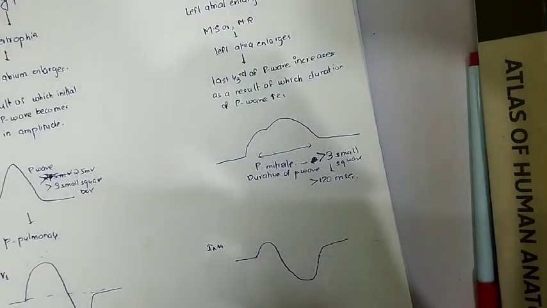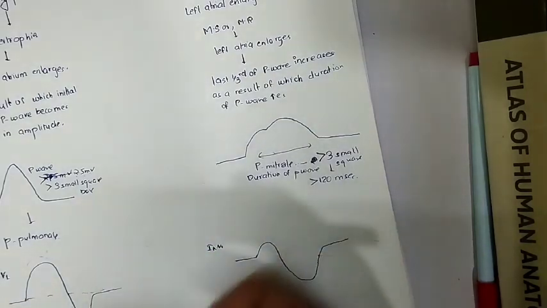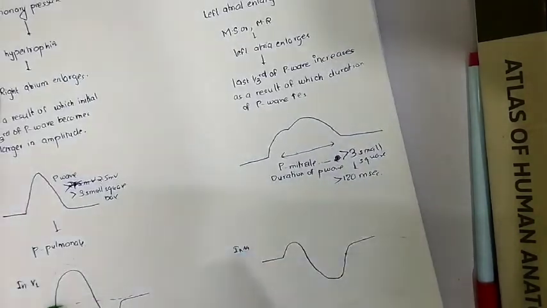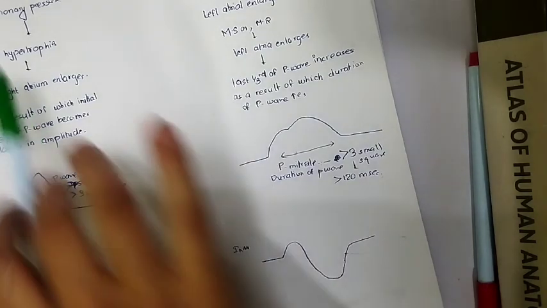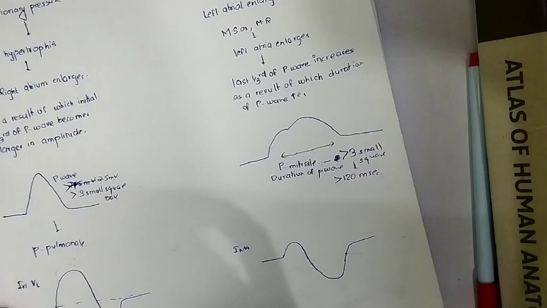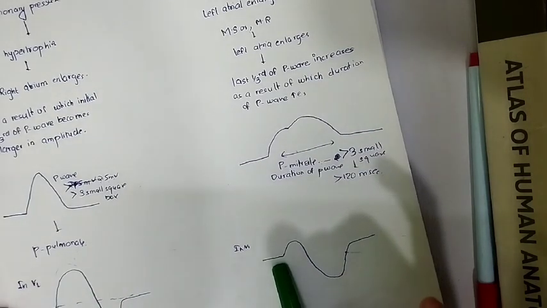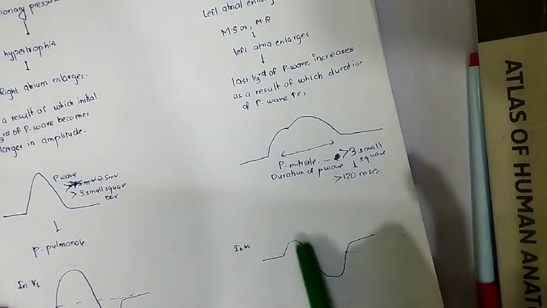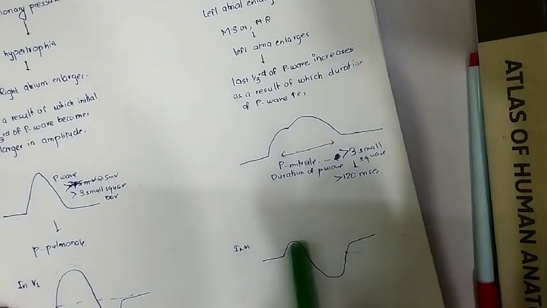And if we want to understand about the right atrial and left atrial enlargement more specifically, we can look at lead V1. In the case of right atrial enlargement, the positive wave, which signifies right atrial depolarization, becomes large compared to negative wave, whereas in left atrial enlargement, the positive wave is normal, but negative wave, which signifies left atrial